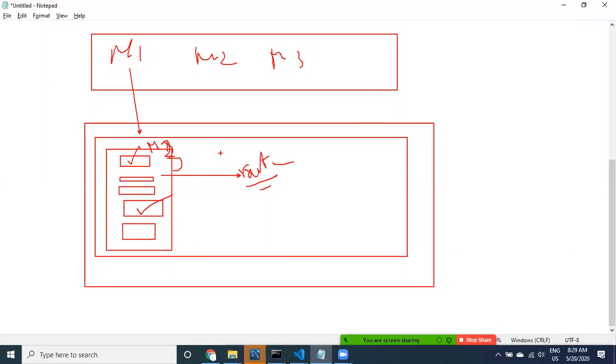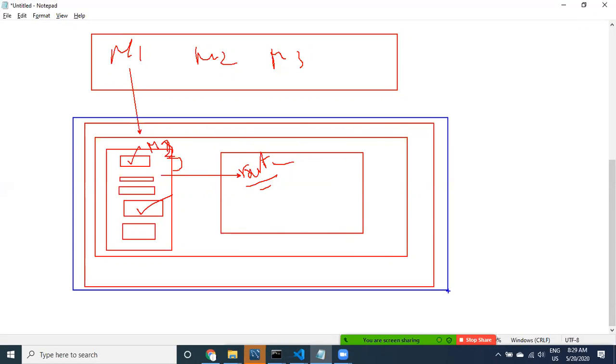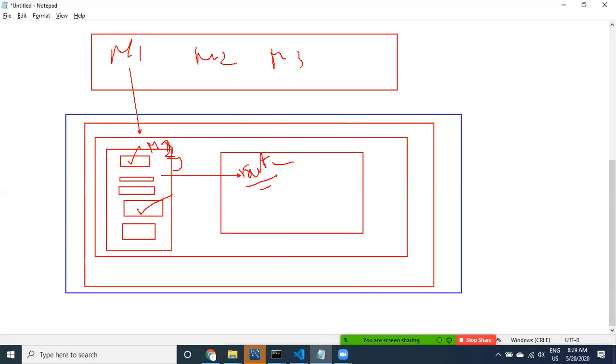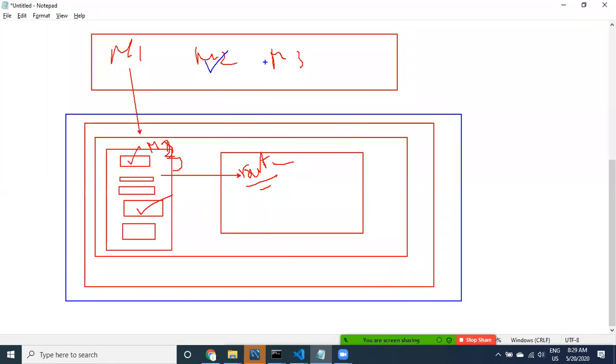If you click on this, only this part is going to change, not the whole. It is not going to change this total part. When you click on this one or this one, this total part changes. If you click inside this, then only this part is going to change automatically. So inside router outlets, you may take multiple router outlets, one router outlet inside another, and another. You can take sub router outlets in multiple levels. How many you need, you may go ahead like this.